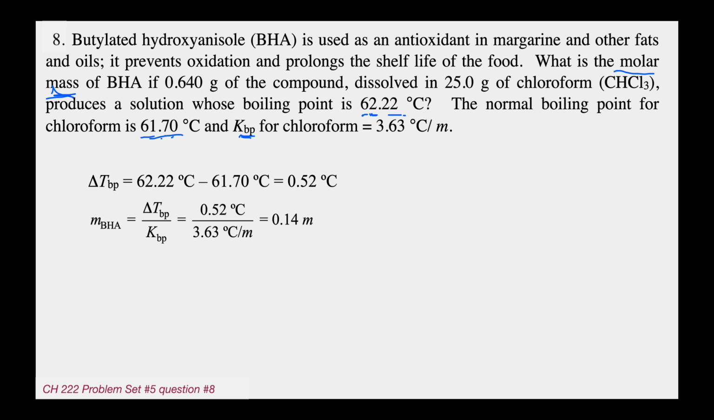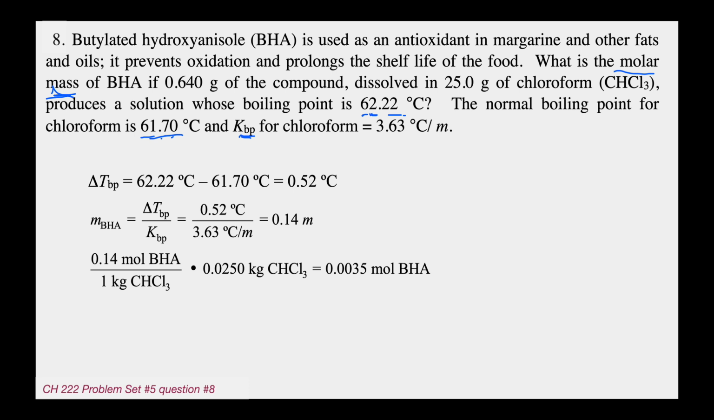We can solve for the molality. Molality equals delta T over K. That comes out to be 0.14 molal. And that number again, 0.14 moles of BHA over kilograms of solvent chloroform. Well, we can turn 25 grams of chloroform into kilograms and knock that out of the molality. So 0.14 molal is 0.14 moles BHA per kilogram chloroform. We're going to multiply it by the kilograms of chloroform, 25.0 divided by 1,000. We get